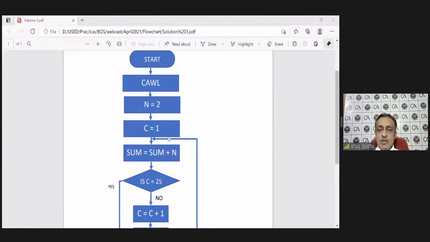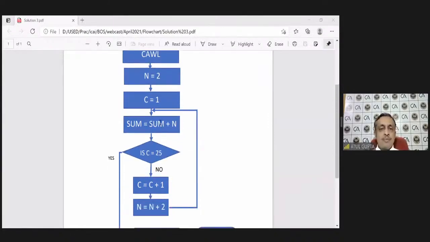So n is 2, then the count is 1. Sum is sum plus n. So we are storing this value. Is count 25? Whether we have added, so in the first case it is no. So I increase the count by 1, increase the value of n by 2, and then route the flowchart up